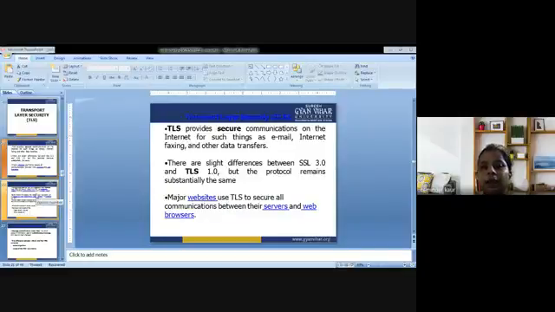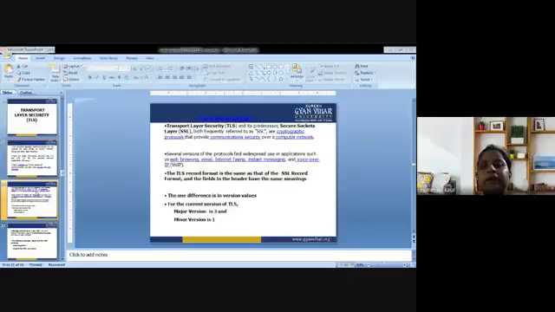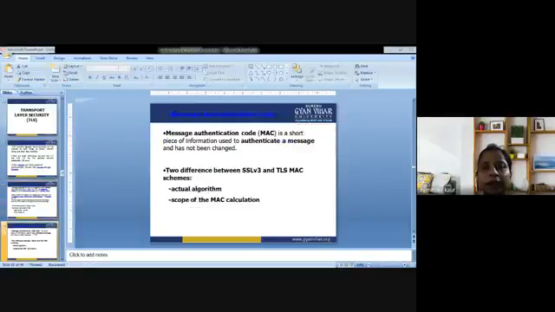So these are certain points that are associated with TLS. Basically, it is concerned with email, internet faxing, and other data transfers. Next, it is dealing with version number. We have discussed a lot about version number: what would be the updated version number, and what were the various difficulties in the previous number that could lead us to the generation of the new version number. We have discussed that in detail.